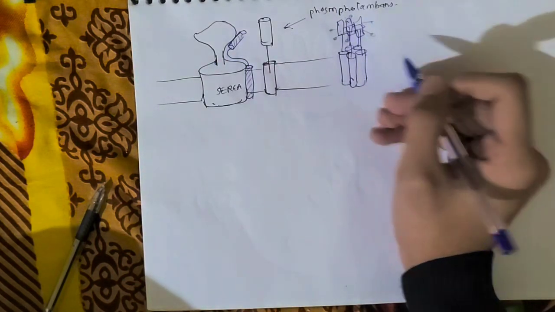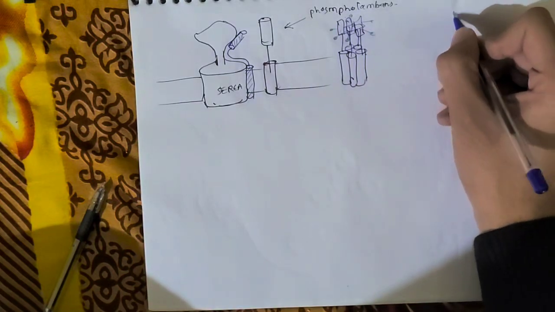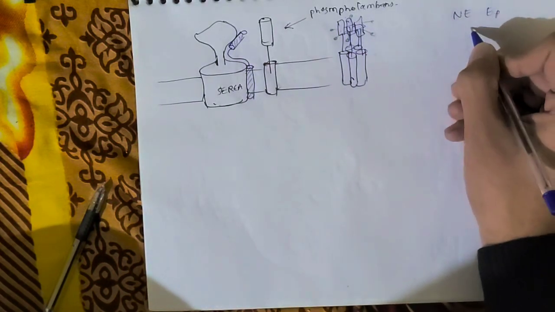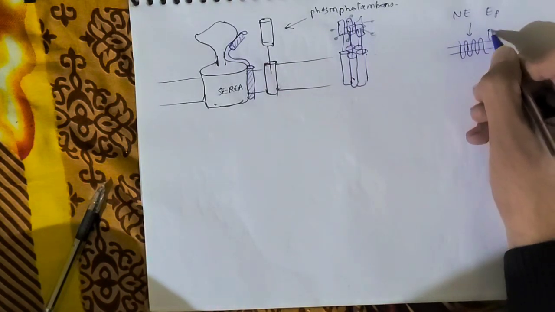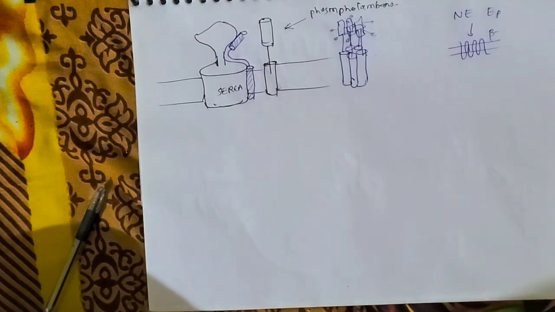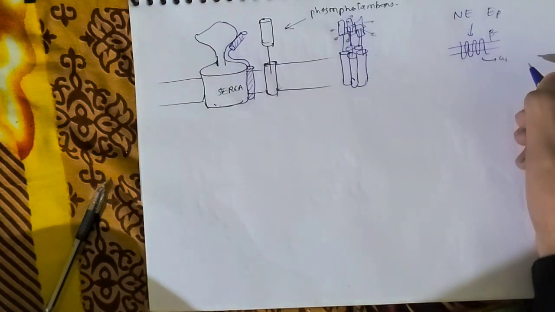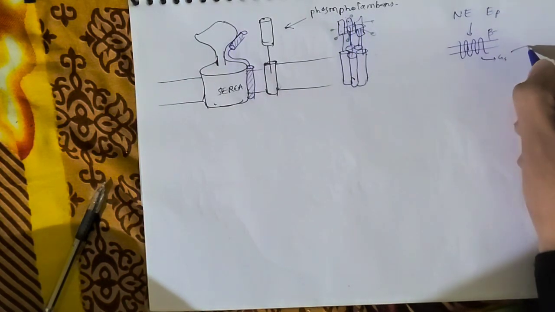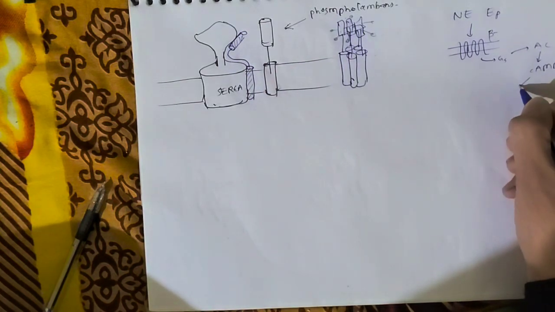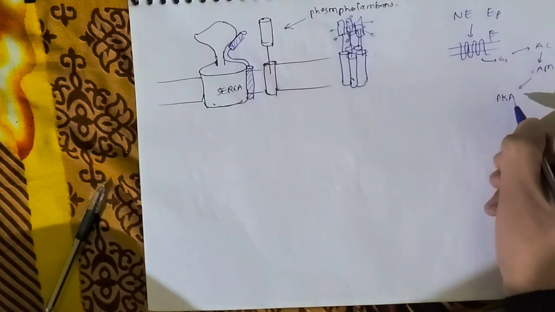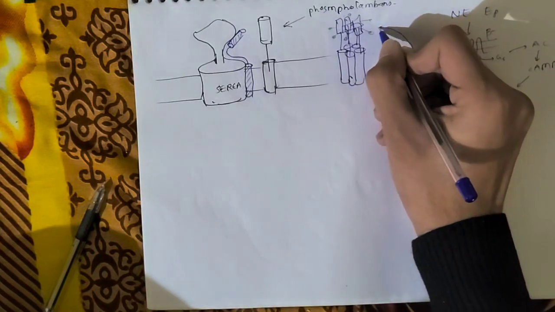kinases. Let's take the example of the beta adrenergic pathway. What happens is, norepinephrine or epinephrine can activate their adrenergic receptor, especially we are talking about the beta adrenergic receptor in cardiac muscle, where this activation will lead to stimulatory G protein activation, and the alpha S subunit will activate adenylyl cyclase, which will cause formation of cyclic AMP, and cyclic AMP will cause activation of protein kinase A catalytic subunit, and this protein kinase A can phosphorylate phospholamban, and